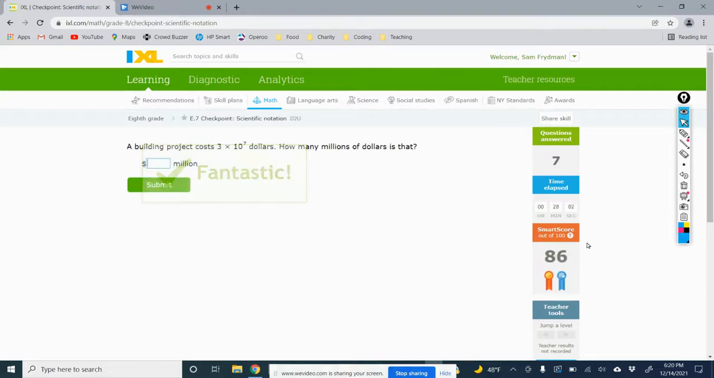Okie doke. Let's continue. A building project costs 3 times 10 to the seventh dollars. How many millions of dollars is that? Oh, tricky. So this is like asking, a building project. This is as if the problem said 3 times 10 to the seventh is, let's just do it like IXL does it, blank